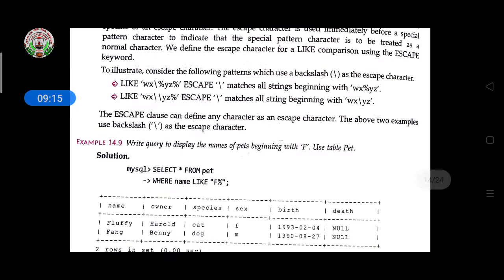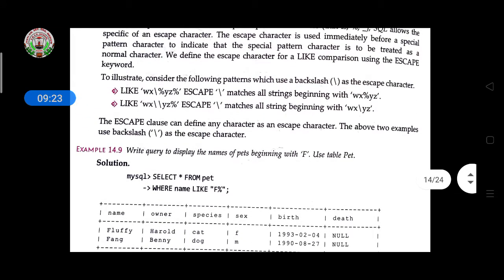To illustrate, consider the following pattern, which uses backslash as the escape character. It shows all the strings beginning with the word given here.